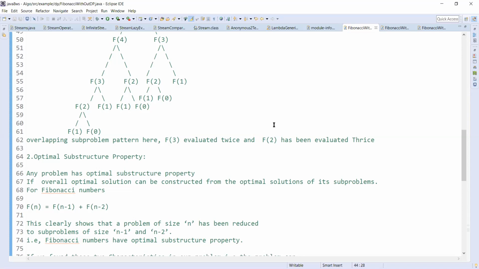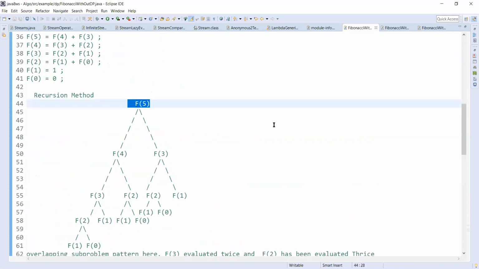So when a problem arrives, first you try to solve it with recursion, and then see if you are calculating anything in the recursion more than once.